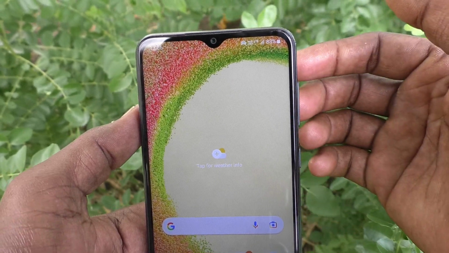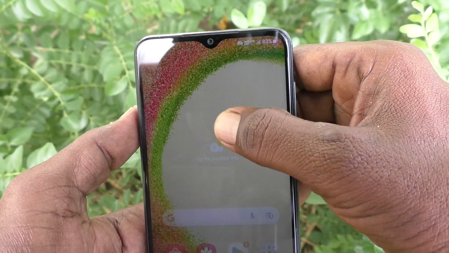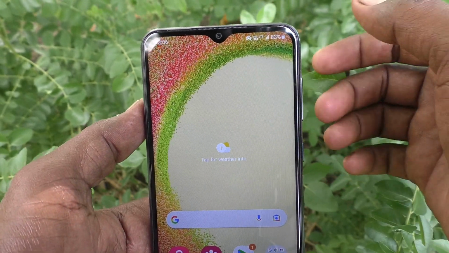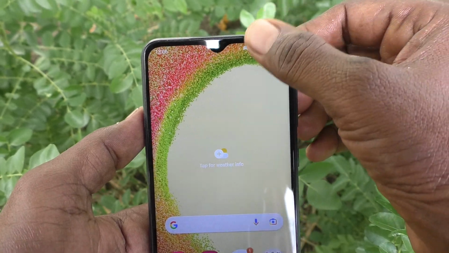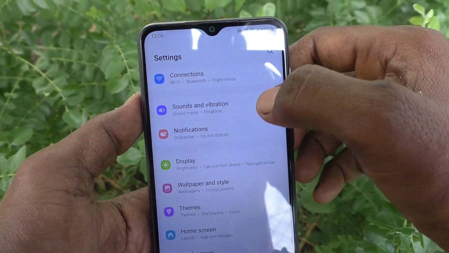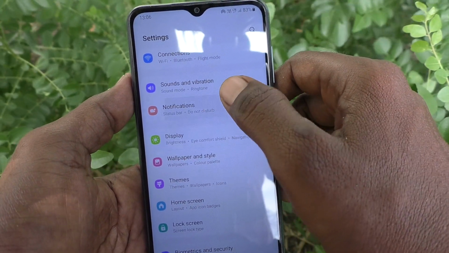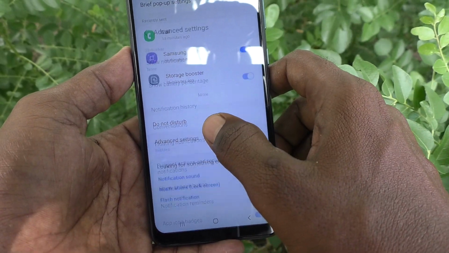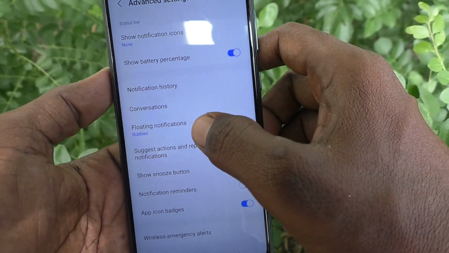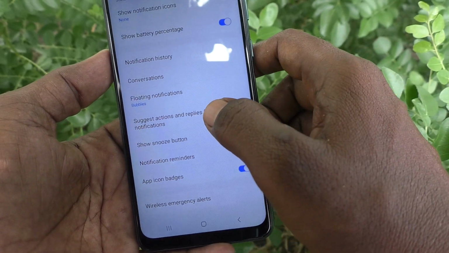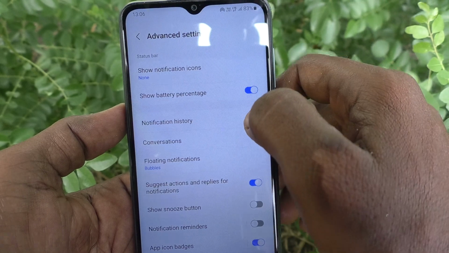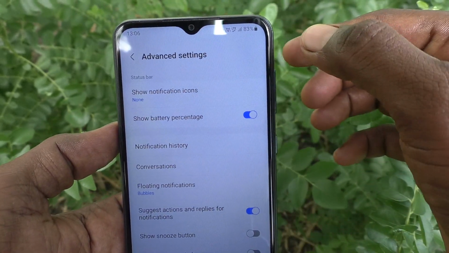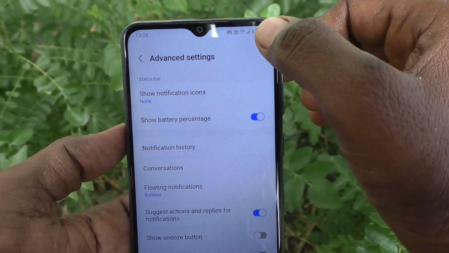Okay, if you want to show this percentage, then no problem, it is already showing. If you want to disable it, yes, you can do it. What you got to do is just go to the settings of your phone here, then go to notifications, then go to advanced settings here, then go to show battery percentage. It is already turned on, so that 83% is showing